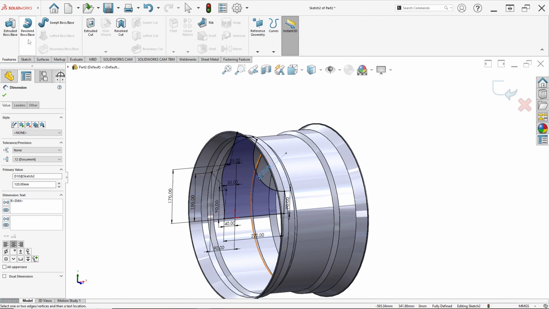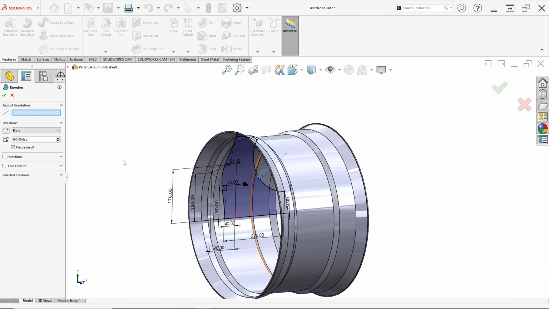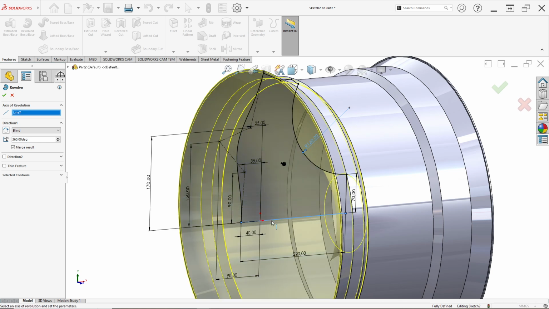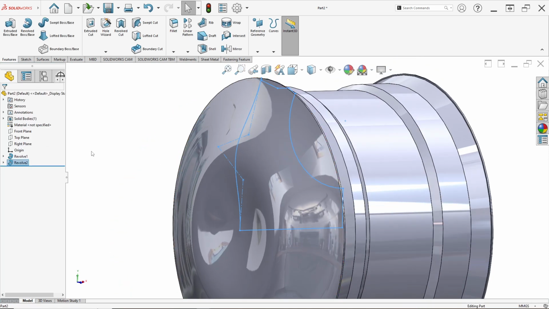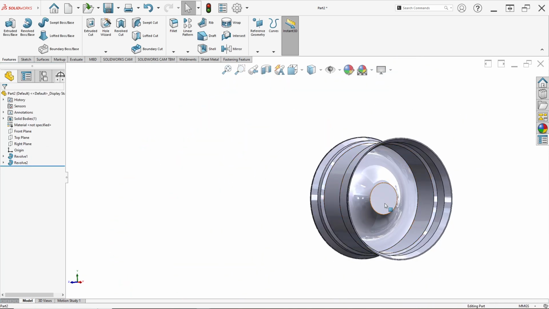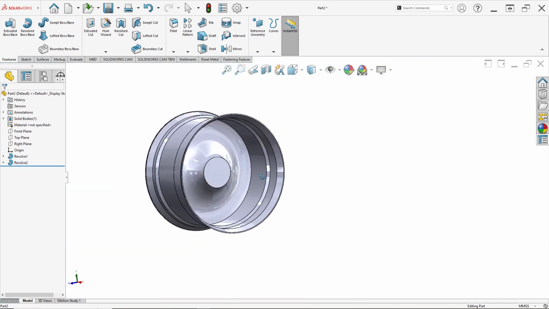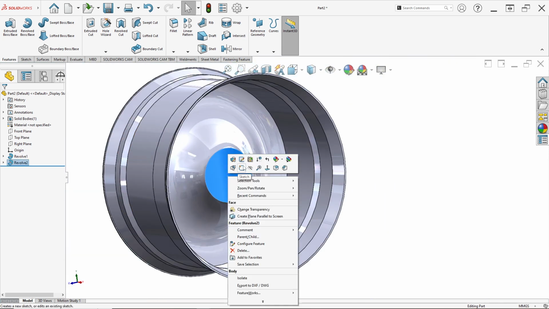Just click feature, click revolve boss again, axis of revolution, and click this line. Just click OK like this. Then click this face. We can see again like this, the part. Right click on this face and click sketch.